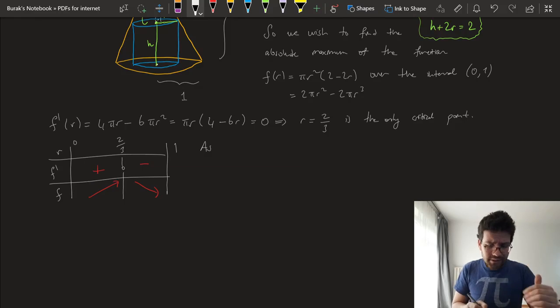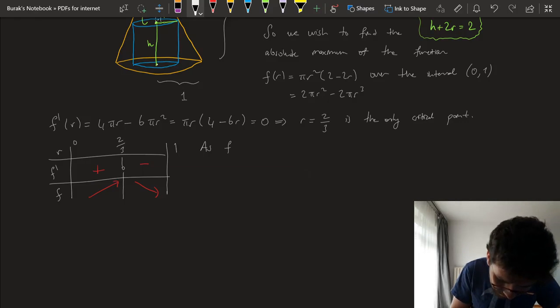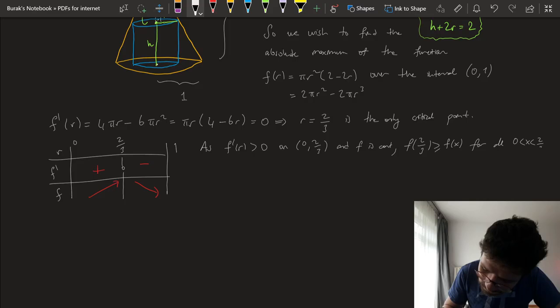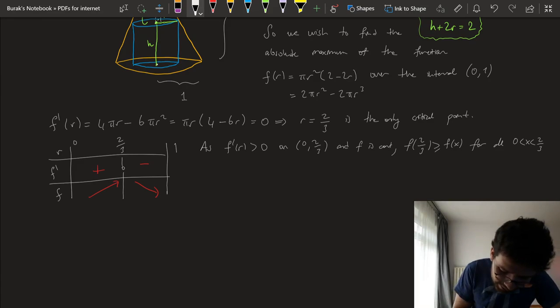I'm going to argue in the same way: f prime of r is positive on (0, 2/3) and f is continuous. f of 2/3 is bigger than or equal to f of x for all x in this interval. And similarly,